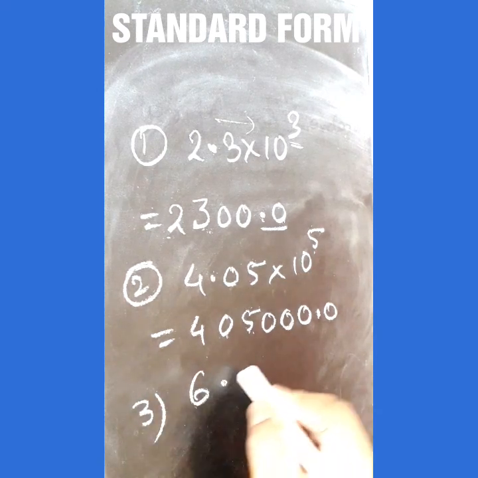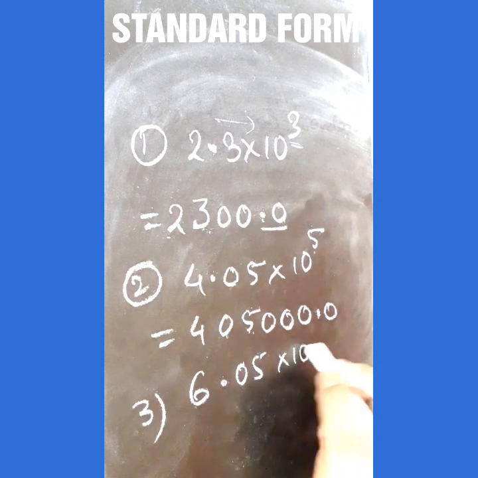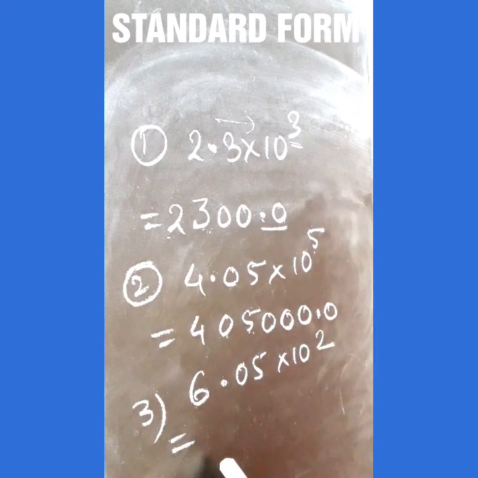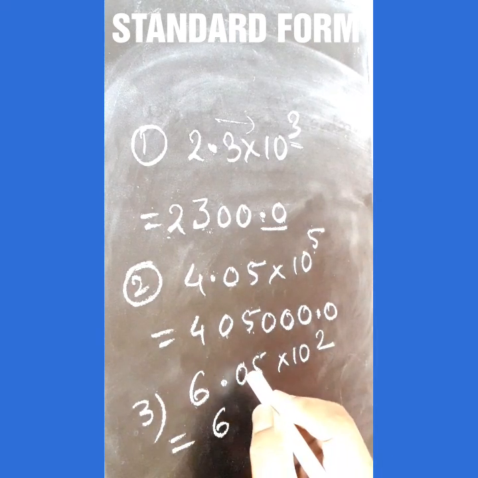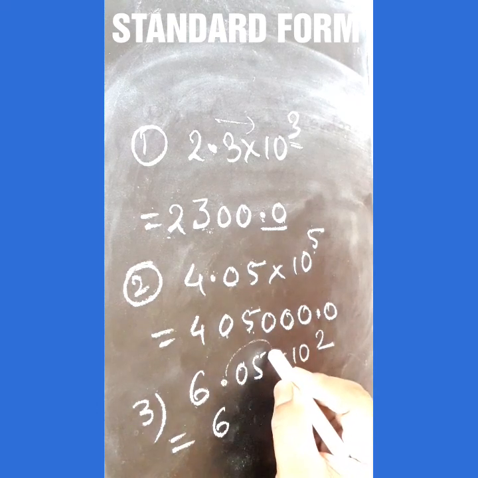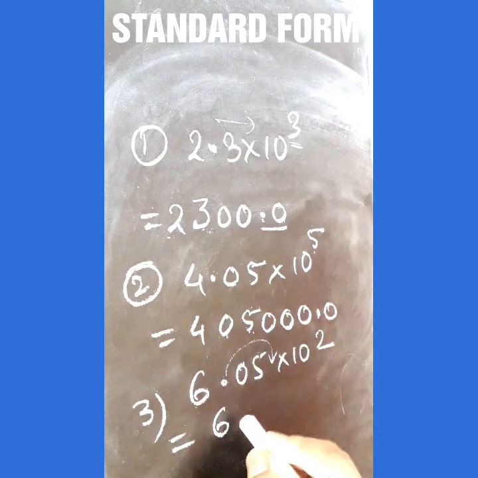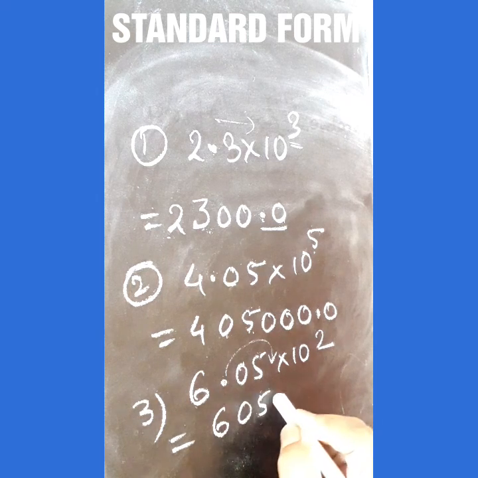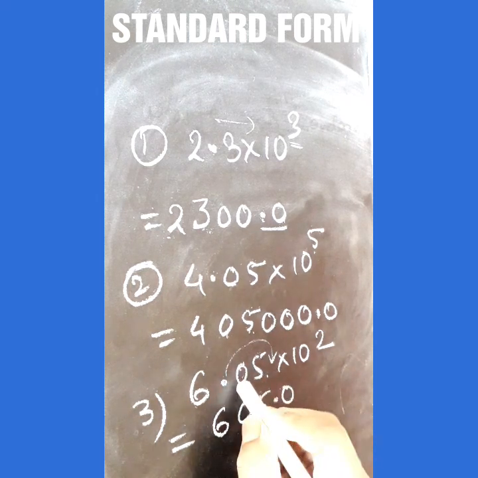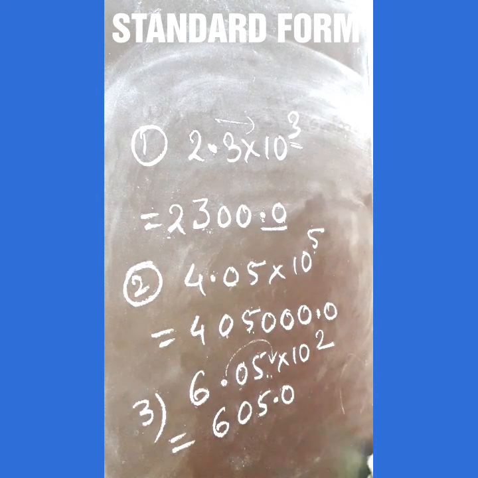Let us take another example: 6.05 into 10 to the power 2. Then it will be written as 6. The decimal will move 2 digits right. 605, 1, 2, 2 digits right. Now let us take